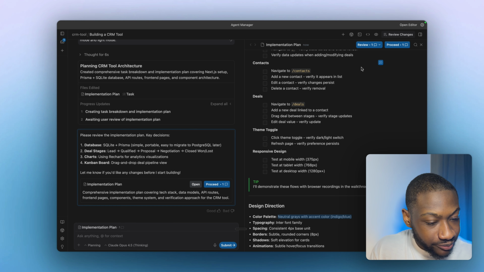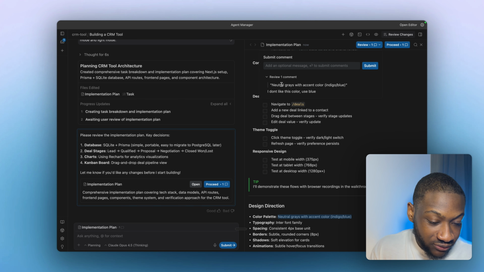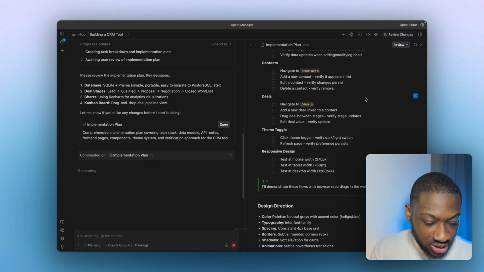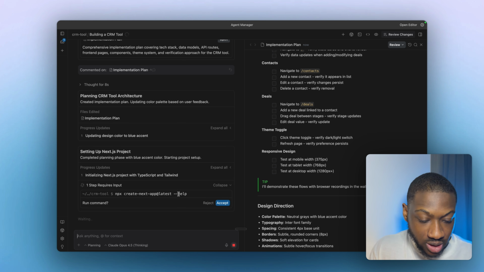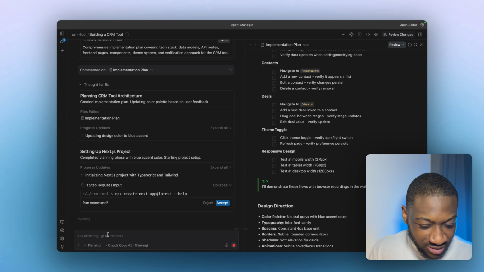And you can see here, you can review again, or you can even put a comment here, but once it's reviewing, it's going to review with this comment. So just click on submit here. So now you can see it just updated it, but we are going to implement this a bit different,